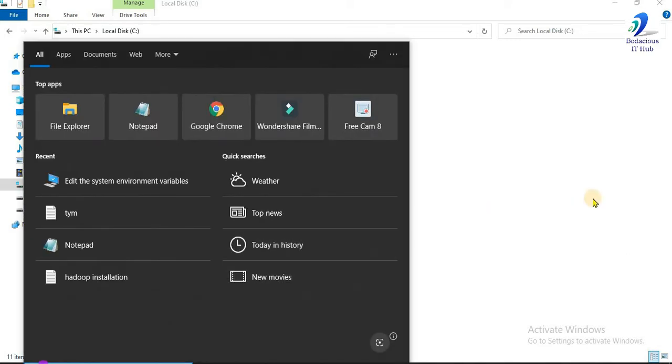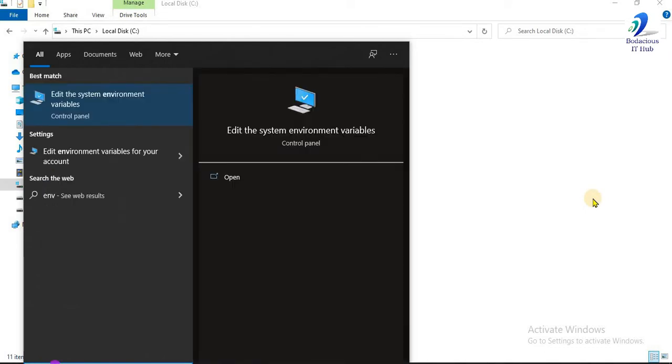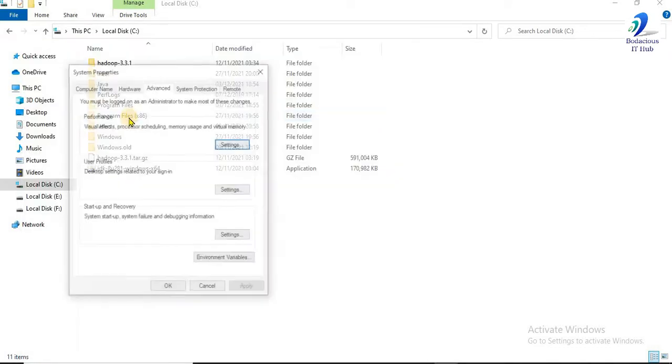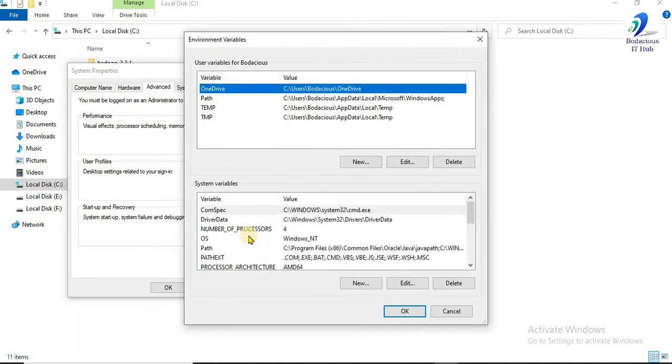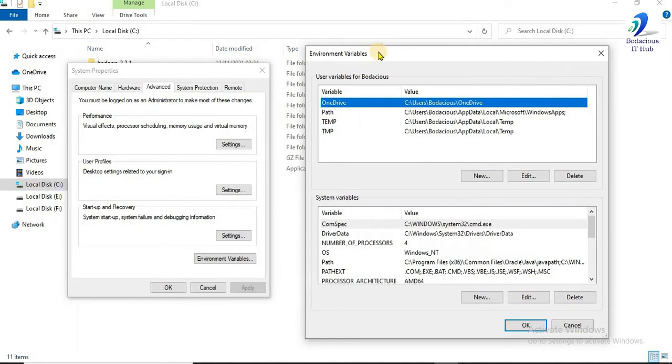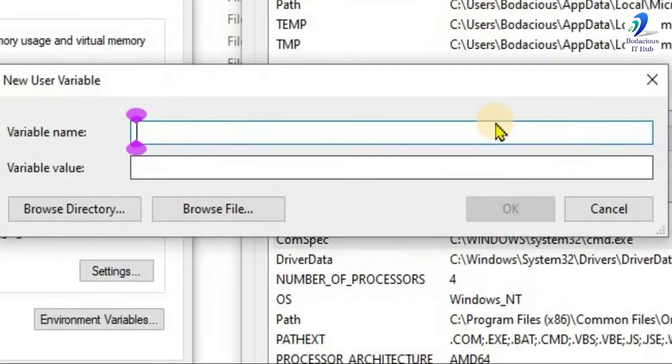Now we have to set the environment variables for JDK. We'll go to Windows and type edit environment variables and click on that. Moving to the environment variables, now we have to make a new one with the name JAVA_HOME. And we'll paste the bin address here.